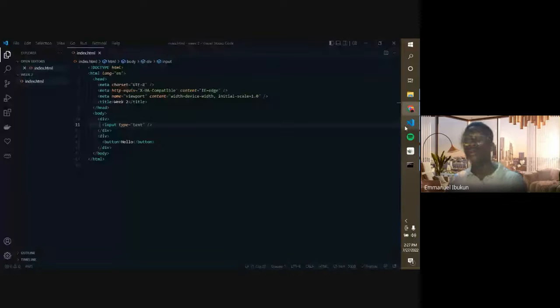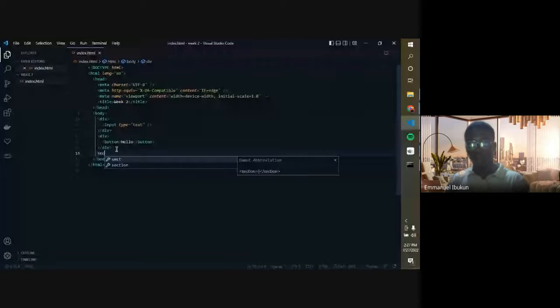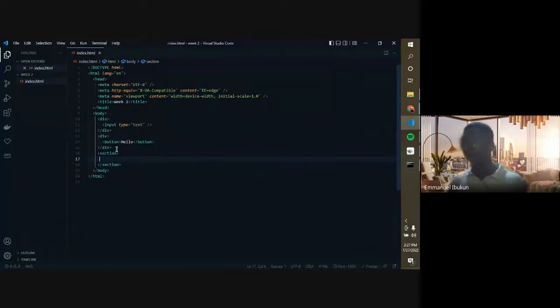Now, aside from div, there are other things that work like a div. So we also have something like section. A section is another div, but with a different name. So now with sections, you can say, okay, you want to build something and you want different sections, different things, so with a section you specify. Aside from section, there's another one called main. There's also